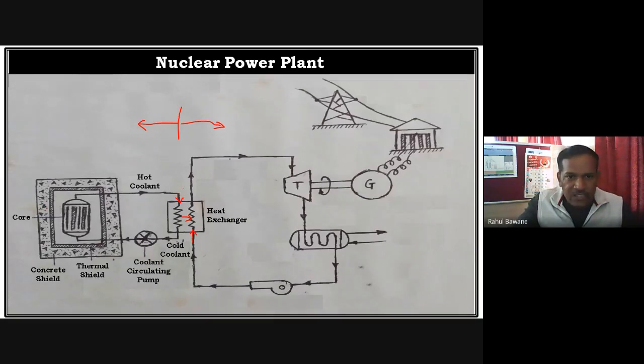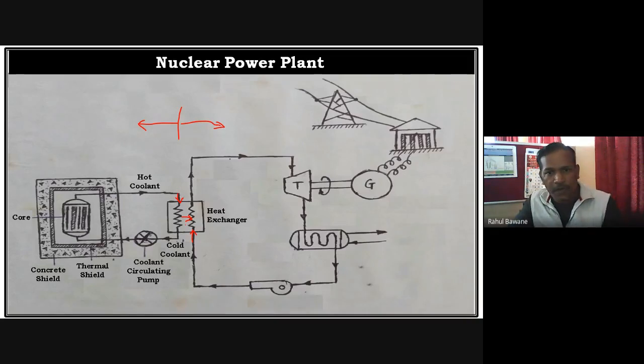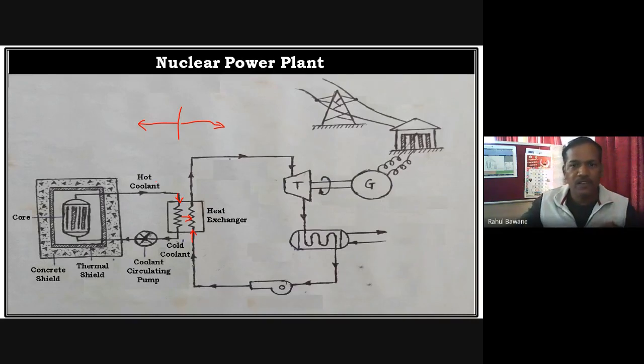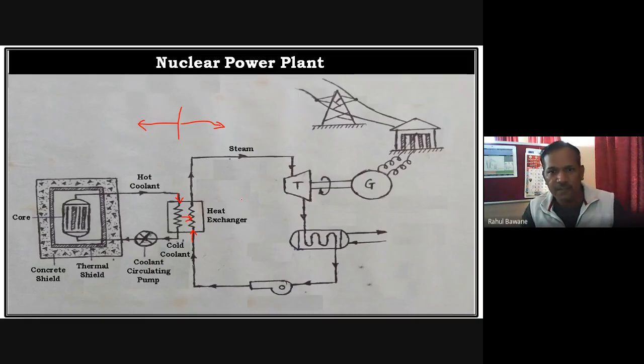So the core is continuously cooled down, and the coolant becomes hot. The hot coolant passes through the heat exchanger, where it exchanges heat to the incoming water, becomes cold, and that cold coolant is recirculated again. So we are separating this coolant which may have radioactivity, and we are controlling the spreading of radioactivity here. Now what happens on the second side? When the hot coolant exchanges heat to the incoming water in the heat exchanger, steam is generated due to that heat. So high pressure, high temperature, superheated steam is generated.